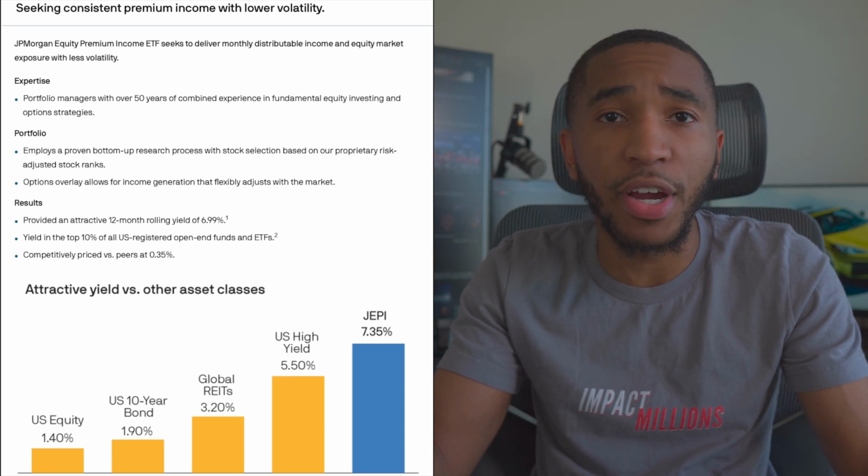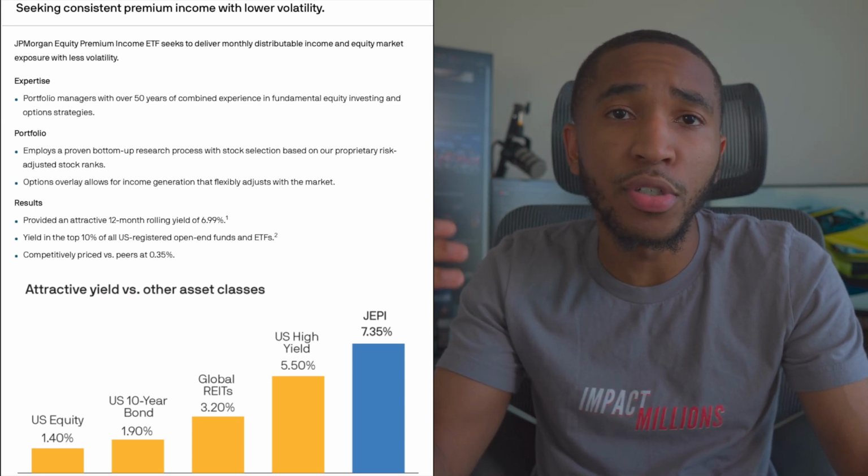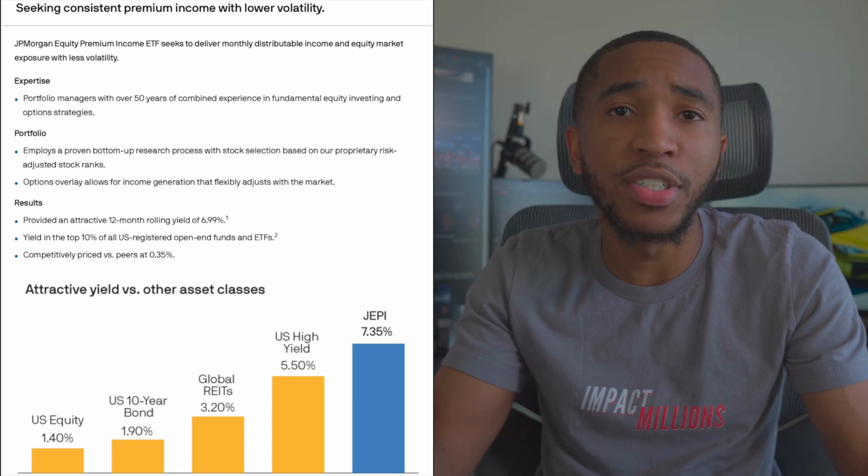That's what it's averaging right now. This could go up or go down in the future. Obviously, dividends are variable across all these different income derivative type of stocks, but overall it's averaging about 8% right now. On top of that, it's a lower expense ratio for JEPI versus QYLD, so it's almost about